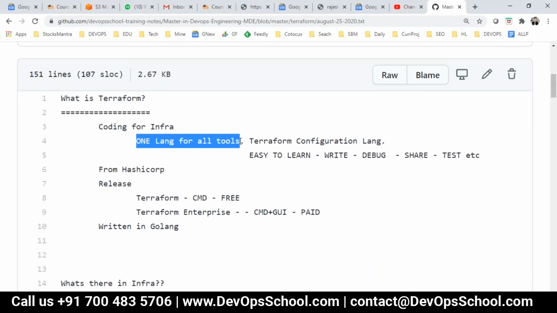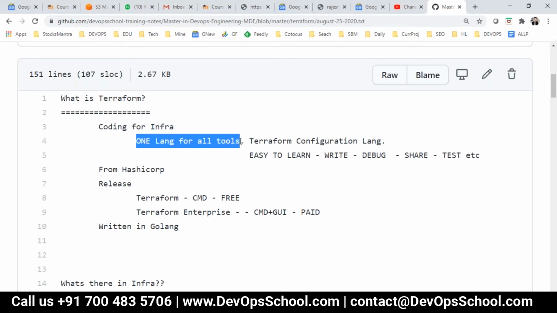Only one language. So you want to code, that means when I say code, that means automate everything in one go. But you don't want to learn multiple languages like YAML, JSON, shell scripting, bash scripting, XML, Perl, Python, Ruby, this, that. You don't want to learn so many tools. So do we have any tool which can help you to automate every tool of the infrastructure, but using one language, not a programming language, a declarative language?